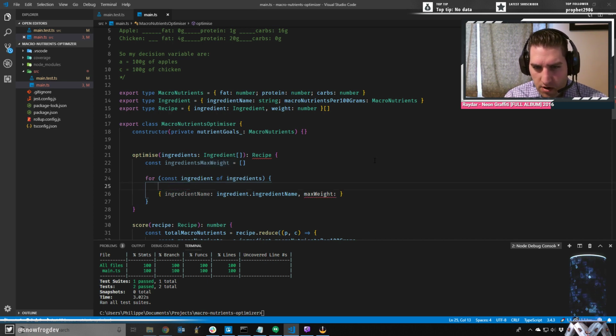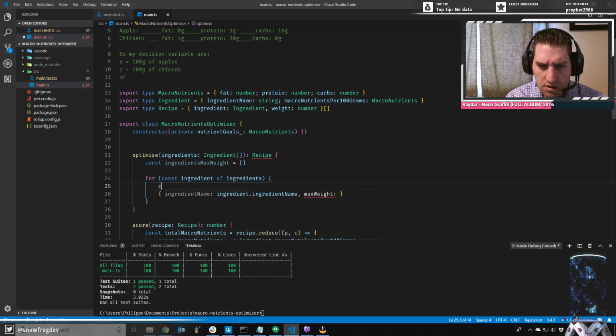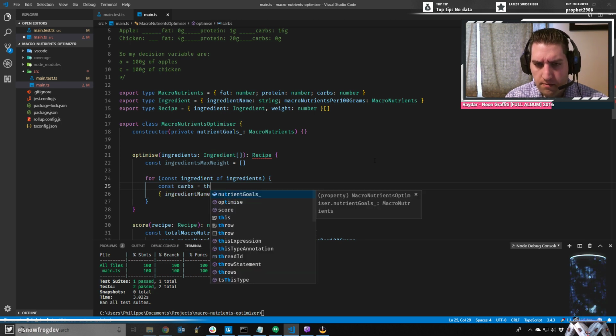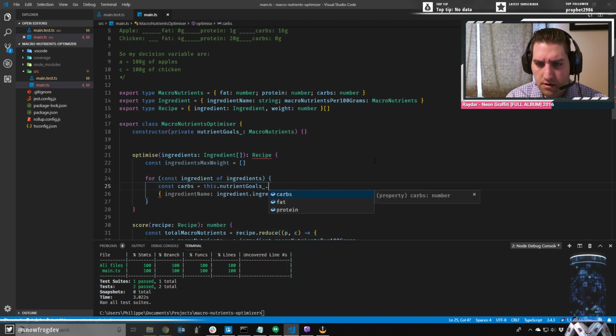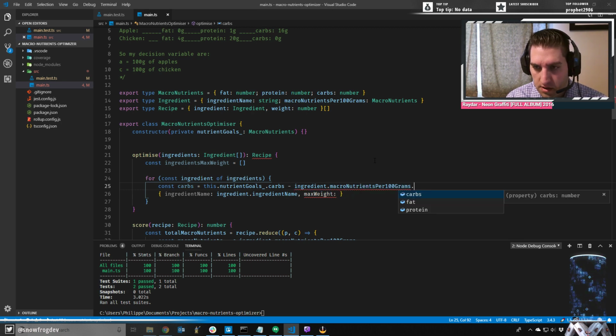We need to start from our goal. So let's just take carbs, for instance. This dot goal dot carbs minus ingredient dot macronutrients dot carbs, the carbs,